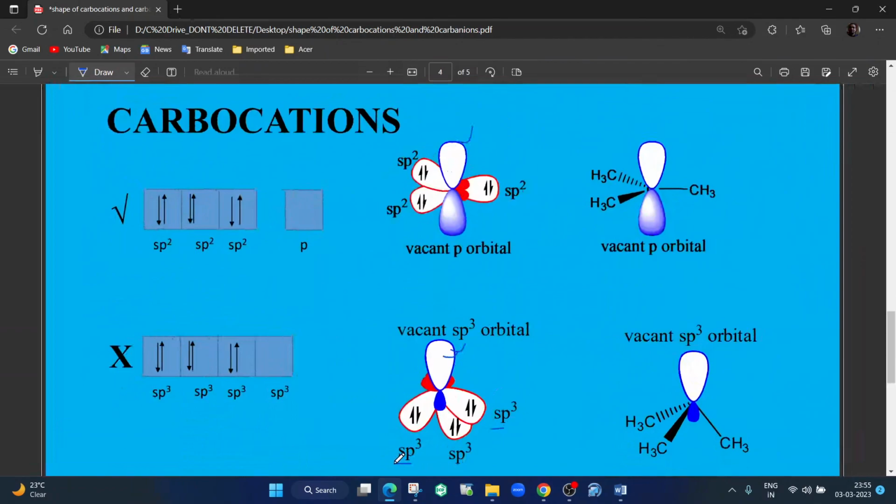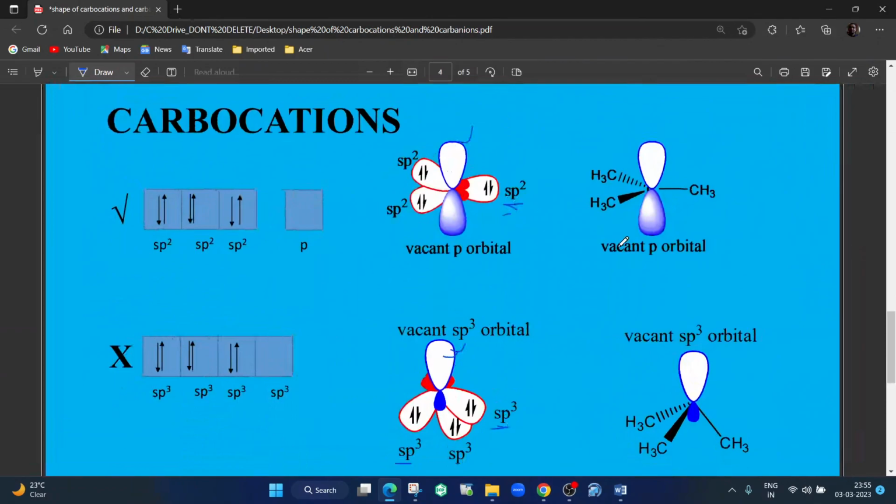So I am comparing 3 sp3 hybridized orbitals with 3 sp2 hybridized orbitals. So what did we say? Where are electrons more happy? Where are electrons more stable? In sp2, because sp2 has more s character, sp3 has lesser s character. So here electrons are closer towards nucleus and therefore more energy released, more stability, and therefore